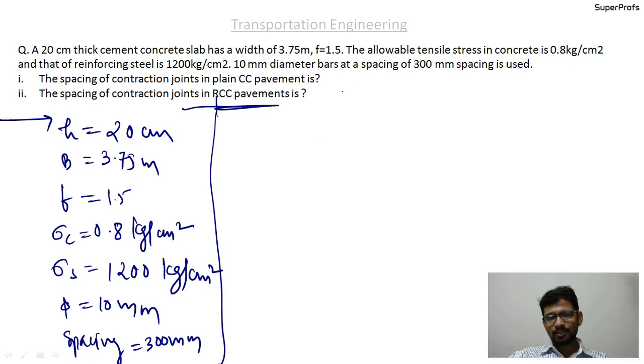So you are expected to do it. I will suggest that it will be better if you do not mug up this formula, and use simple concepts and derive the formula on the spot. That will be very much beneficial. But for now, I'm directly writing the formula since we have just discussed how to derive the formula, very small calculation. So for PCC slab,